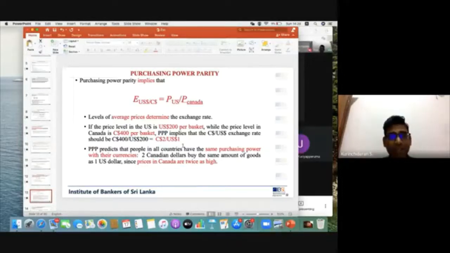If the price level in the US is $200 per basket, while the price level in Canada is $400 per basket, that means a similar basket, right? Purchasing power parity implies that the USD Canadian dollar exchange rate should be 400 divided by 200. That means 1 USD is equal to 2 Canadian dollars,